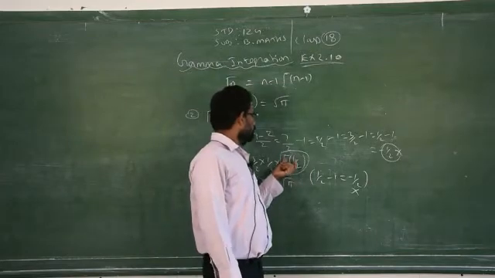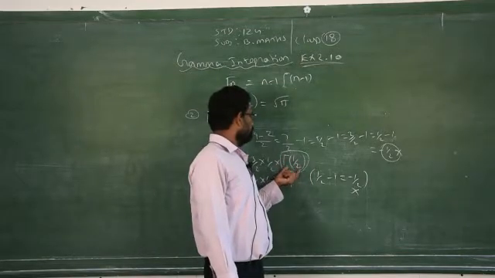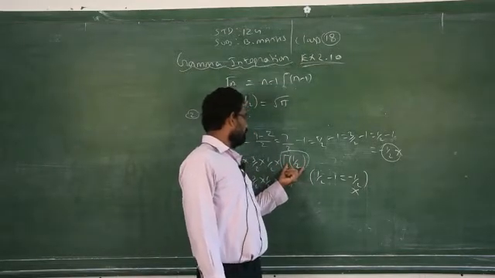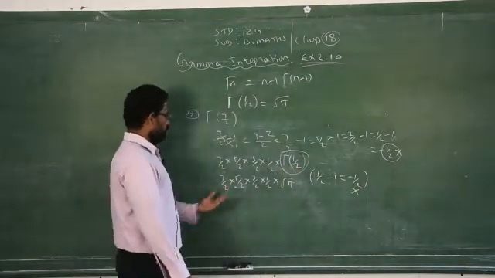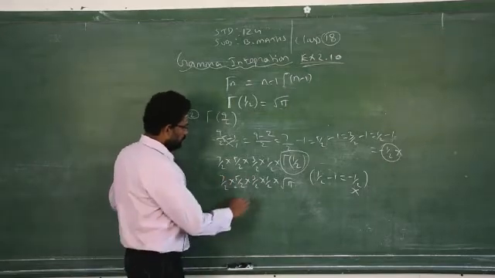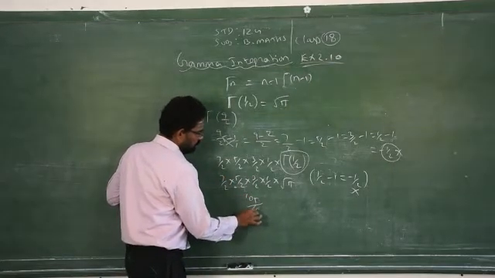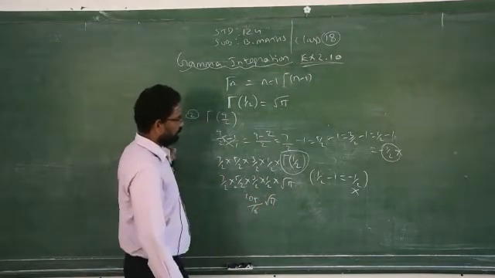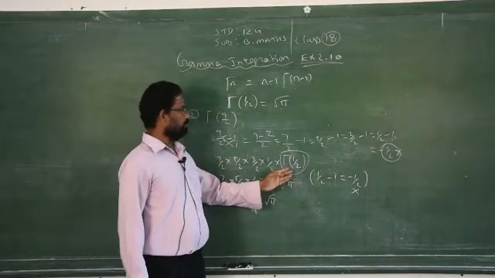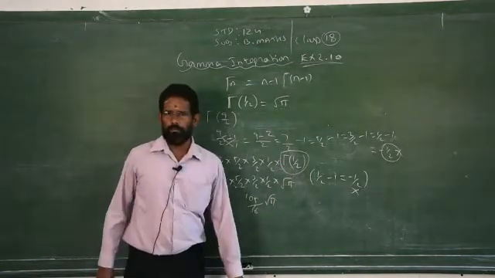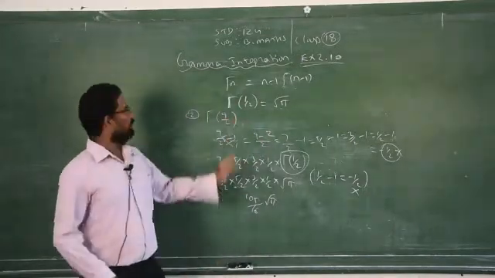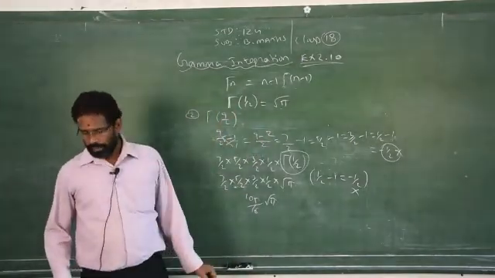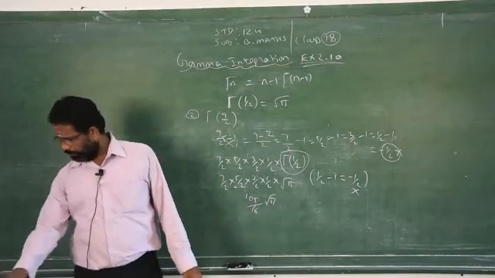Therefore, if it is possible to get minus 1 by 2, then you need not subtract. Just replace the gamma of 1 by 2 by square root of pi. Then you have to simplify this one. You will get 105 by 16 root pi. Clear? So, I am doing this straight away without using the formula like the previous problem. So, you can do it straight away by subtracting 1 whatever the problem given under gamma integrations. Clear? So, this is the simple method.